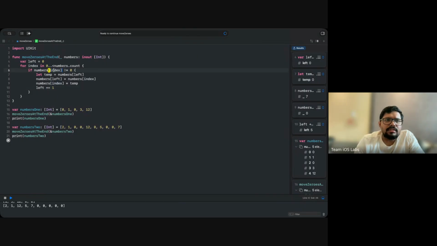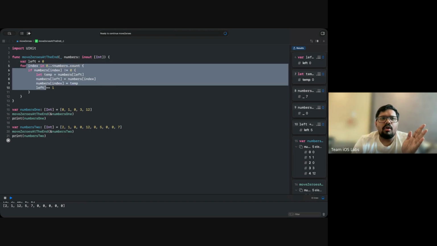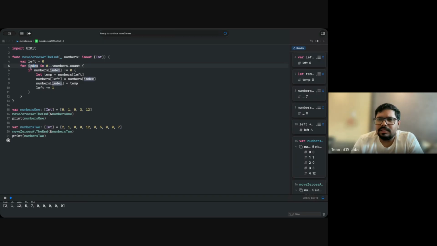What we are doing here, we are just identifying the non-zero element. If you see here, the left pointer is this, and this index is basically the right pointer. Here, the name is just changed. We are saying here it is an index pointer. You can even change the name from index to right. So two pointers are basically here. One you keep at the start at zero, and another is with your for loop, which obviously increments in every iteration. That is basically your right pointer.